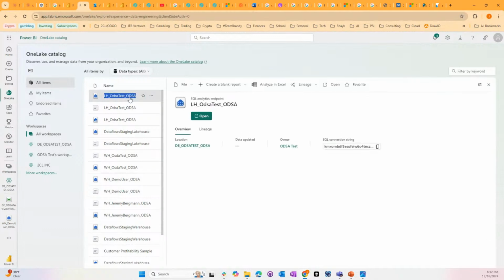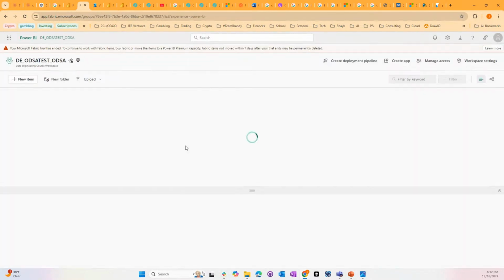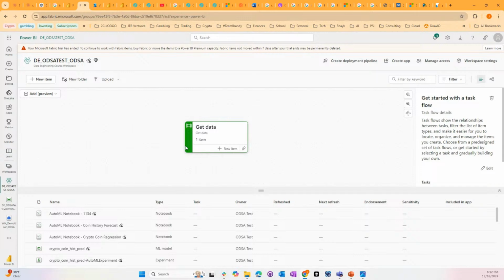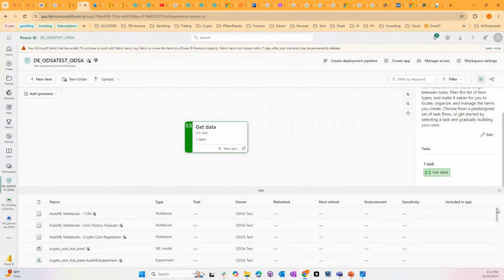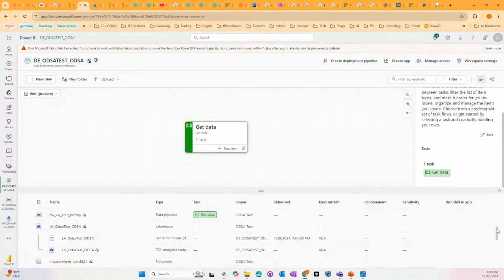So we'll go to my lakehouse. And I'm sure you could write code in your notebook to get the file from a different location, but just working with AutoML, we'll load this from a Delta table. So inside of here, if you go to the Lakehouse SQL Analytics endpoint,